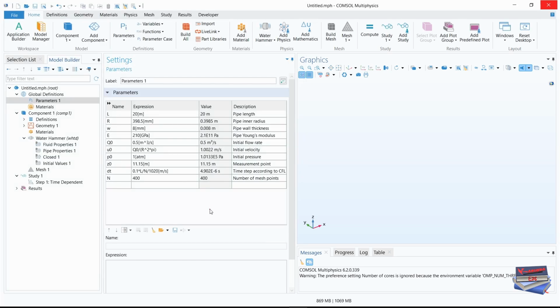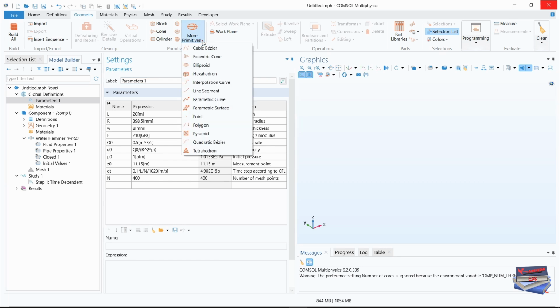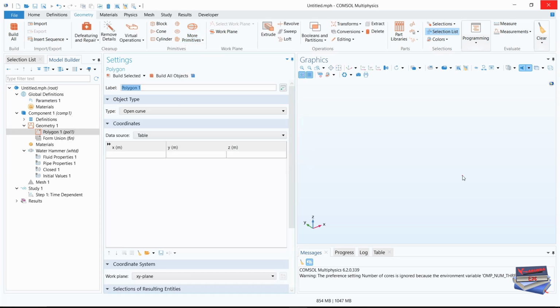And let's now navigate to our toolbar. Let's click on geometry. Let's expand more primitives, and let's click on polygon. Now let's create our geometry by entering the necessary coordinates. Everything we're going to create is going to be on the x axis, so we're going to start at 0, of course,